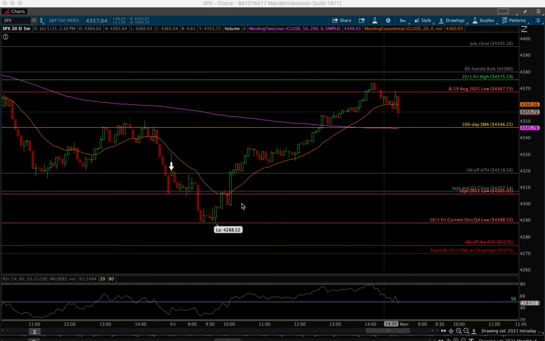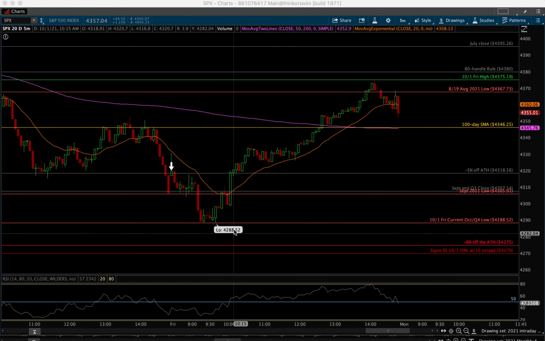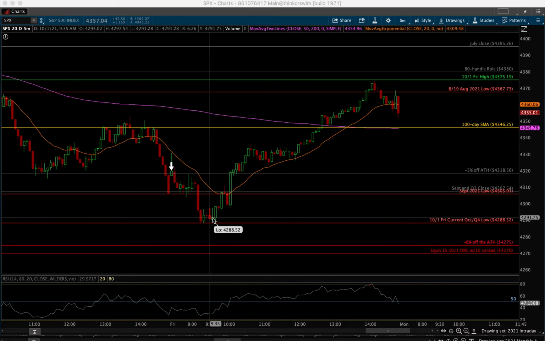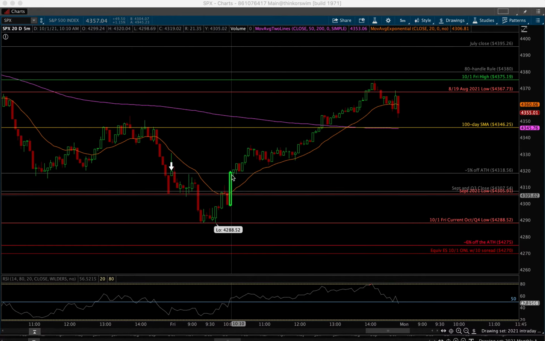So a really volatile day. If you bought the low in the morning and used your 80 handle rule, that dip into the 42.80s, if you bought that, even if you just waited till here at 10 minutes after 10, there was some kind of a breakout that occurred, and maybe this was when that stopgap measure was passed in Congress for the debt ceiling, whatever.